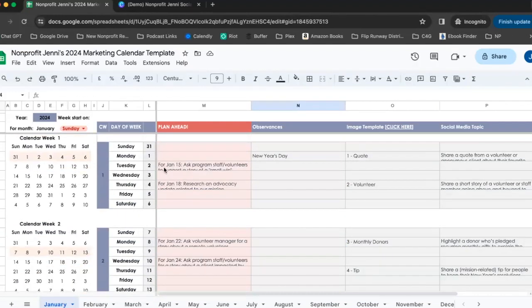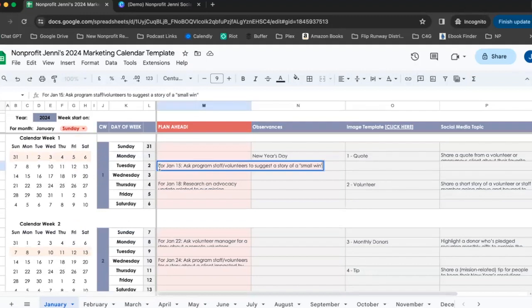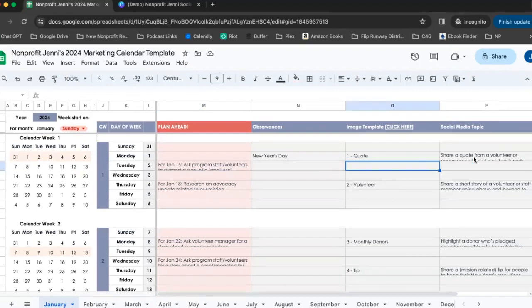So on January 2nd, I've included a plan ahead note to ask your program staff and volunteers to get a story about a recent small win so that you can write that content ahead of time. You'll also see next to each of the social media topics that I've recommended for the year, I include a name of an image template. Included with your marketing calendar for 2024, you get this bonus gift of 40 different social media image templates that